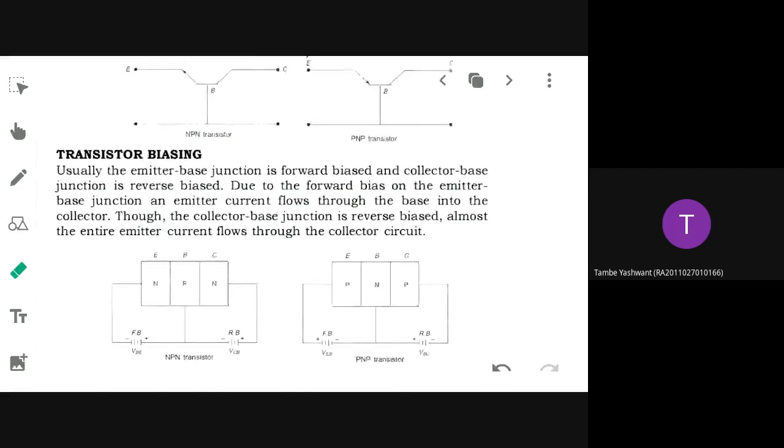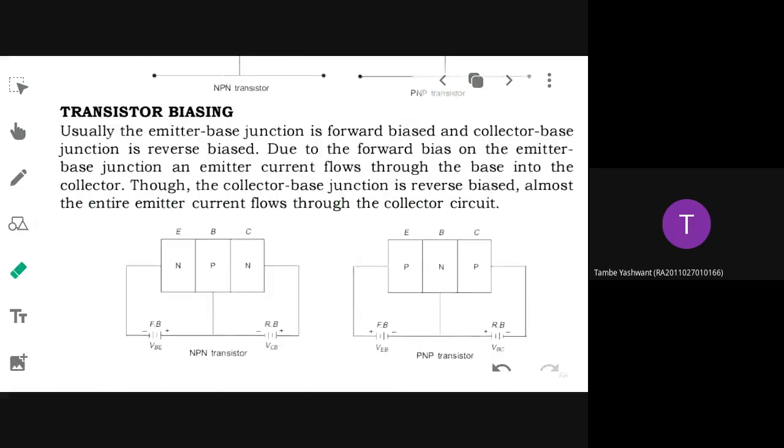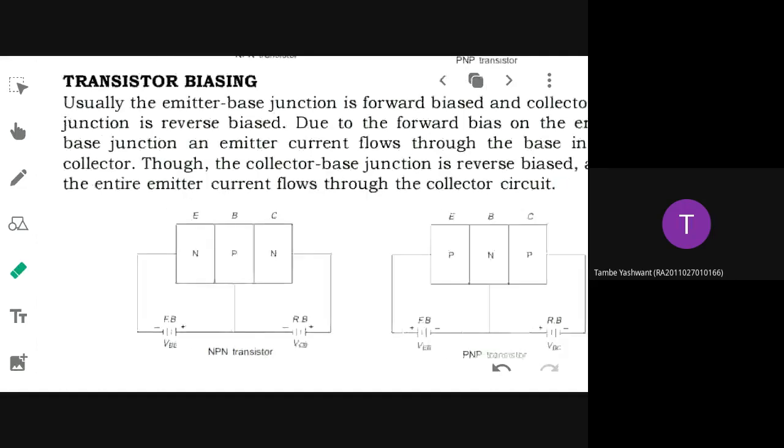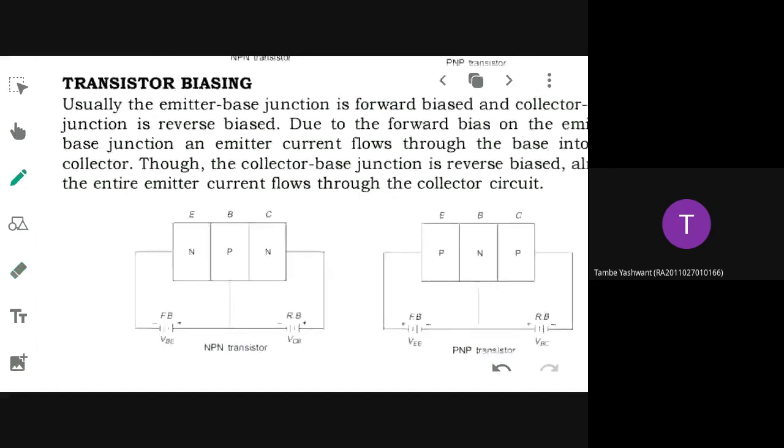Okay, now we will see what will happen if it is operated in the active region, how that amplification happens, we will discuss. Now you already know this, no matter whether the transistor is NPN or PNP, the emitter base is forward biased and the collector base you are going to reverse bias. Okay, so when this junction is forward biased, as usual it will operate like a PN diode. So what will happen?